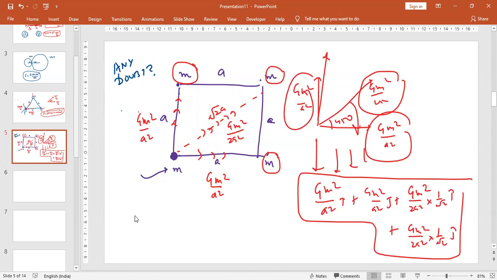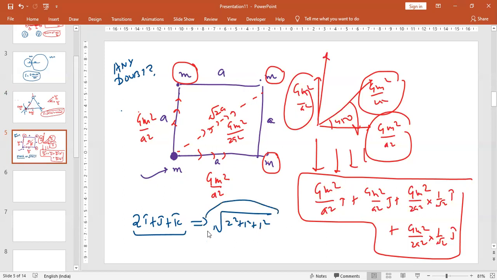Yeah, and remember, if you have any vector like 2i cap plus j cap plus k cap, and my question is what will be the magnitude of this? It will be root of 2 square plus 1 square plus 1 square. This is how you calculate the magnitude of any vector. So you can calculate the magnitude of this vector also. This will be a lengthy question, but generally our options are given in i cap and j cap only, so most probably the answer will stop here. But suppose they ask the magnitude, then you have to find the magnitude also.